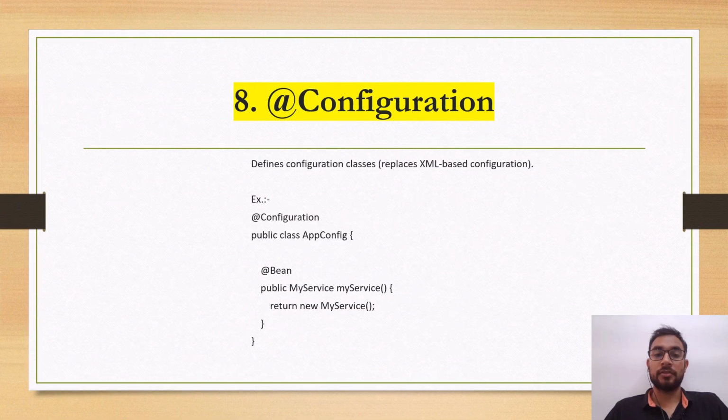@Configuration annotation. It is used to define configuration classes. It replaces XML based configuration. For example, we have a class public class AppConfig and we annotate this with @Configuration. It means it's a configuration class. Next one,